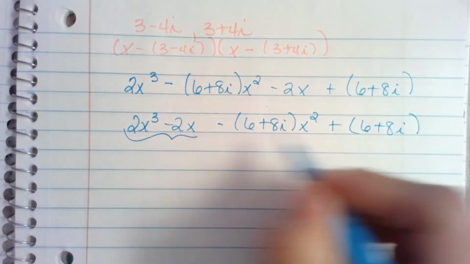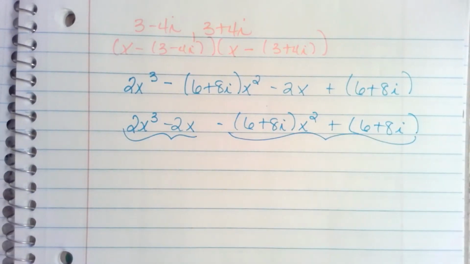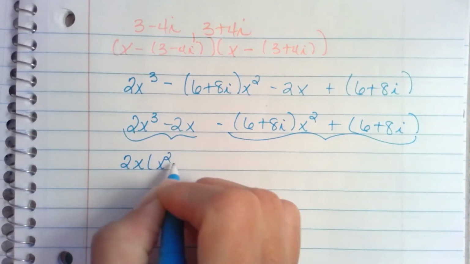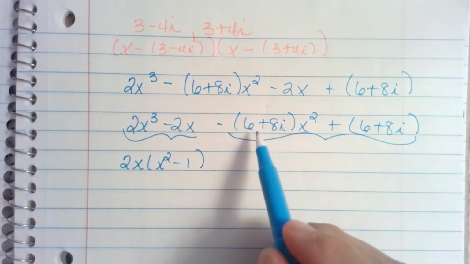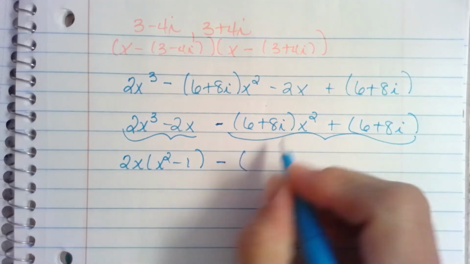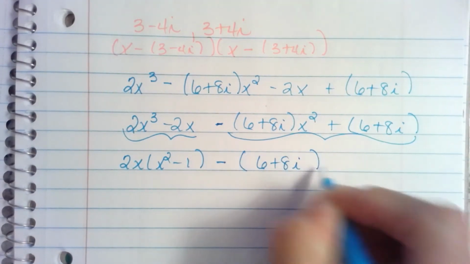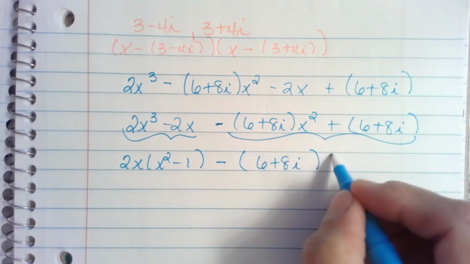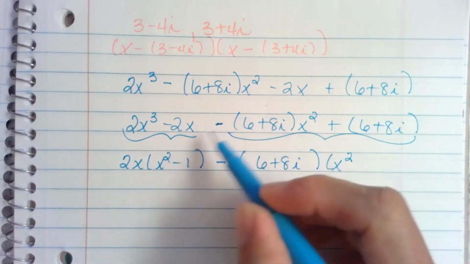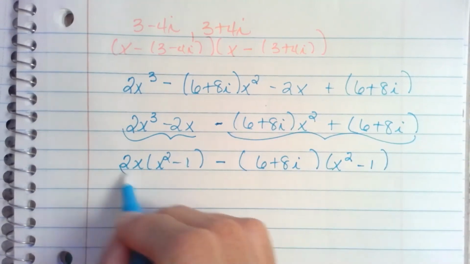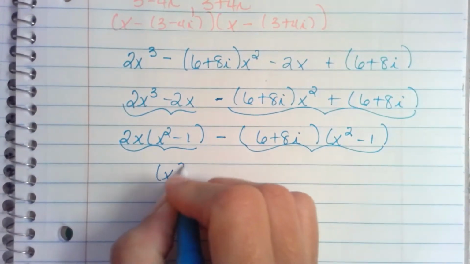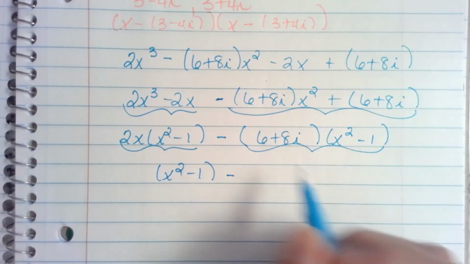Now you can see these have something in common, right? Here you can factor out a 2x, and you're left with x squared minus 1. Here you can factor out a negative, first of all, but this whole parentheses, so minus 6 plus 8i, you're going to factor that out. You'll be left with an x squared, and you'll be left with a plus 1. Sorry, a minus 1, because we're factoring out a negative. Now you can see that we have an x squared minus 1 in each of these. So factor that out. And then you're left with the 2x